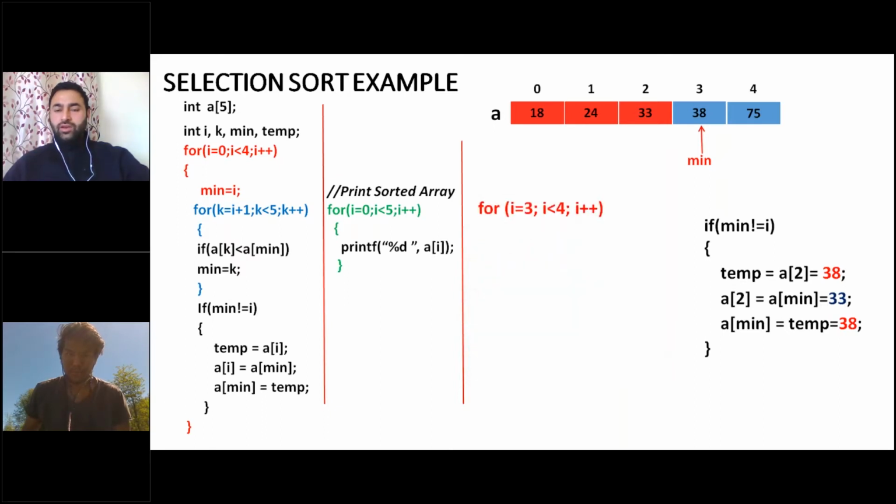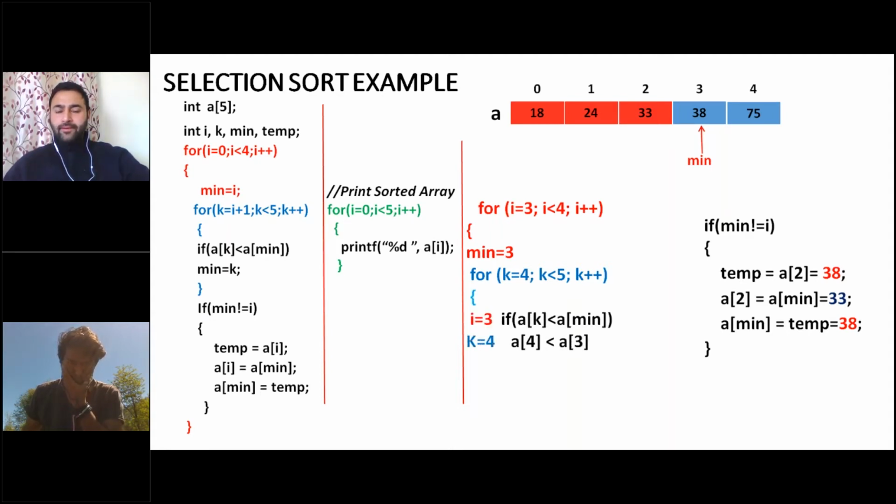Again, this loop will run for the value of I equal to 3. Okay, so minimum is set to 3. So this is at this location. And now again the inner loop will run finally for the last time for k equal to 4, k less than 5. So here only one comparison will be done. Is A4 less than A3? This is false. Okay, so minimum will not move anywhere. See, in this case, minimum will remain 3. Minimum will not change. Okay, after this, the value of k will become 5 and the loop will terminate.